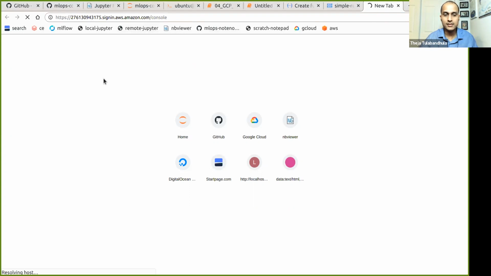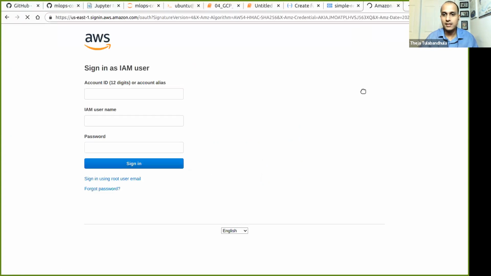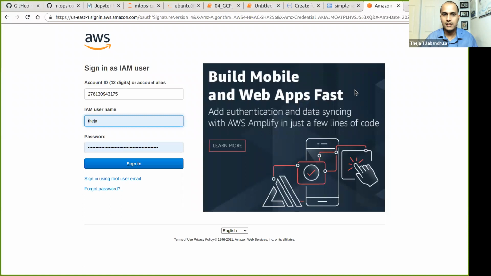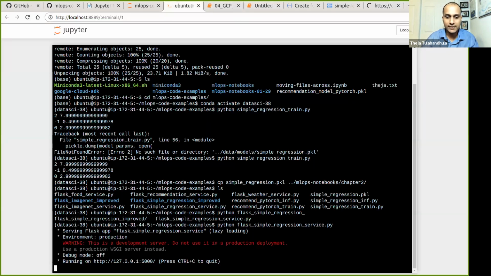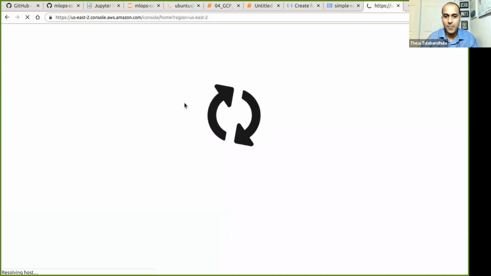Interesting. Oh yeah, great. I just wanted to again go back and check whether the 5000 port is open for the world to read. If it is open to read, then since I've just run the Flask app, I should be able to access it. Okay, but I just don't know why AWS is so slow here.